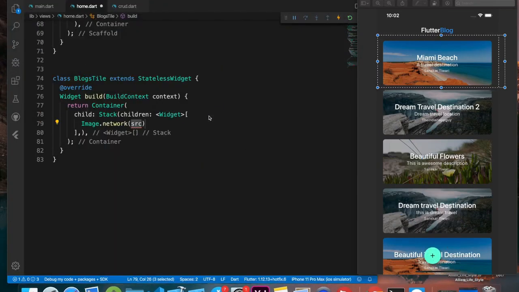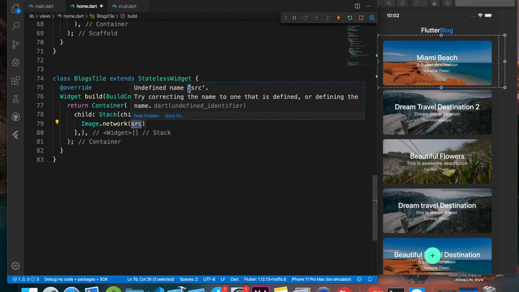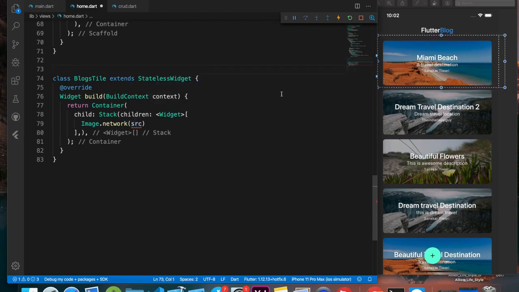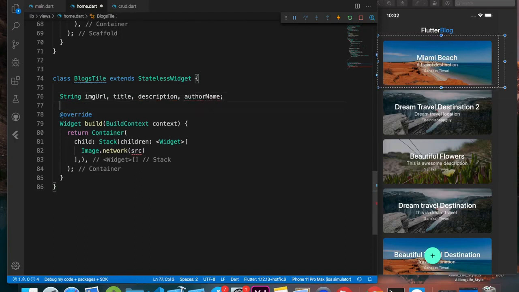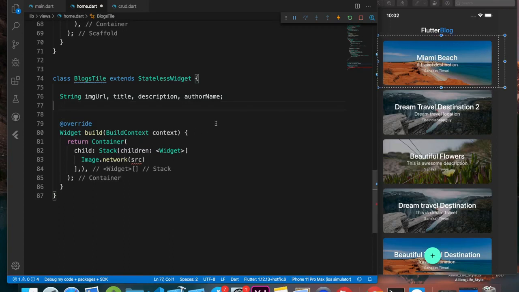Now what we want is, we don't want to have this kind of one value provided. We will be providing this value for each and every tile, which will be different, right? So we are going to create different variables for this. This is going to be image URL, then we have the title, then we have a description, and then we have the author name. Okay, so that's done. Now we are going to create a constructor so that we can accept all these details,